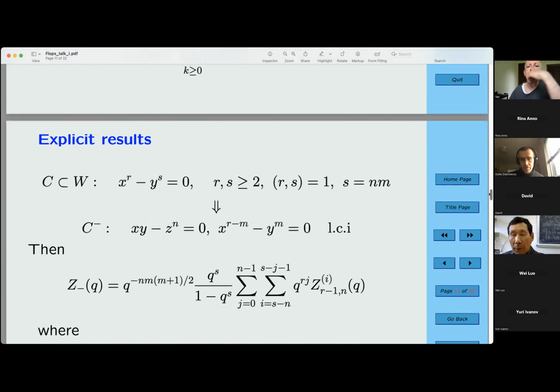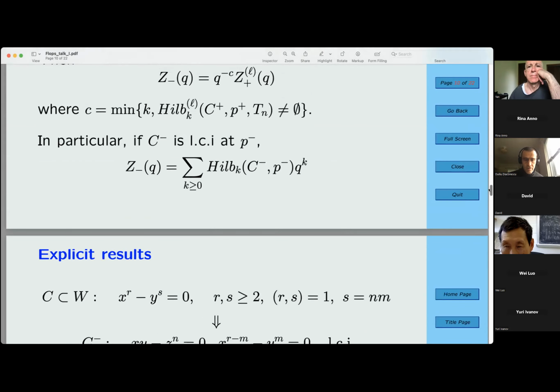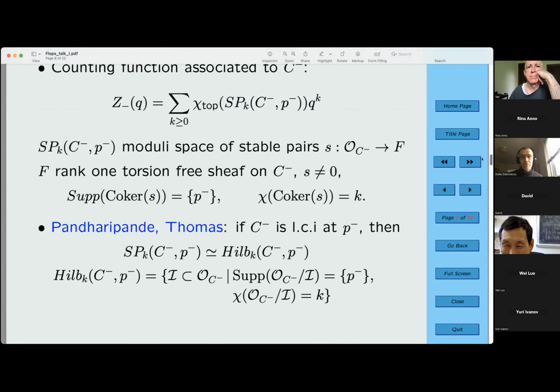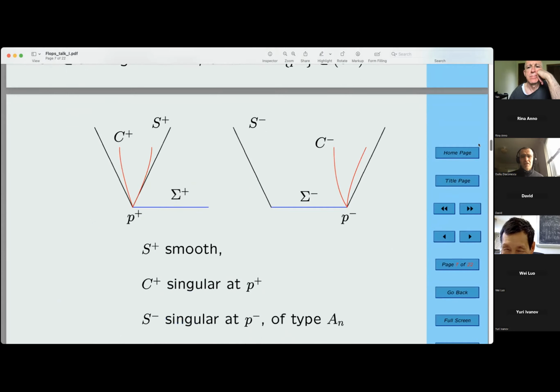So what happens if there is no singularity? All the points P plus, P minus are smooth points. Yeah, those are the degenerate examples. In that case, what you get is something very similar to the conical flop used by Davesh Maulik. It's a relation between two plane curves. And it's very important because that was very important in his proof of the Oblomov-Shenday conjecture. But this is not what we wanted to do. For us, that's not what we want. We want to step up to